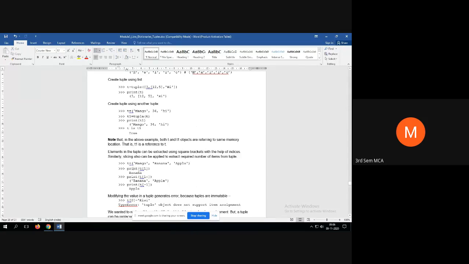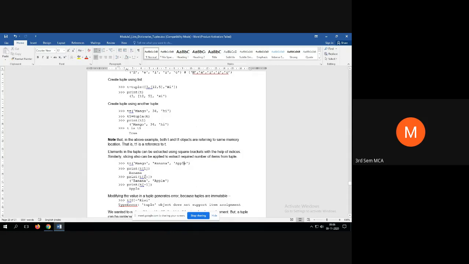So now let us see how to extract the elements. If I want to print banana, which is the index value? Remember students, whenever we use tuples and lists, the index values are always integer numbers. So T of 1 is banana, T of 0 is mango, and T of 2 is apple.